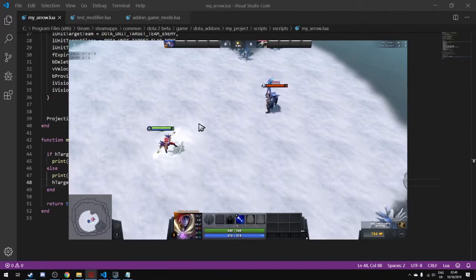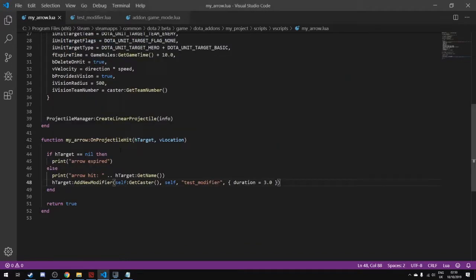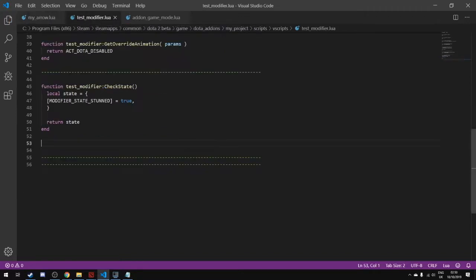If you're doing something with abilities, it must be a modifier thinker because it does a lot for performance apparently, and it also cleans up everything for you. It's kind of easier to do it this way as well. So here in our code with our arrow ability, we already had on projectile hit, and we're creating this modifier called test modifier, lasting for, last time, 5 seconds. So we'll go to our test modifier.lua,